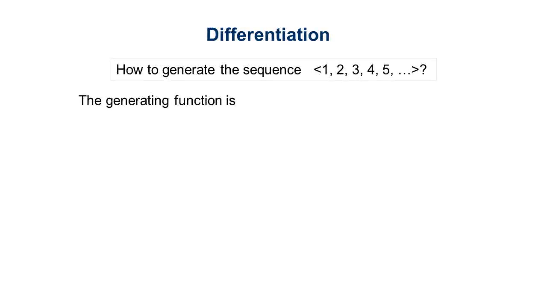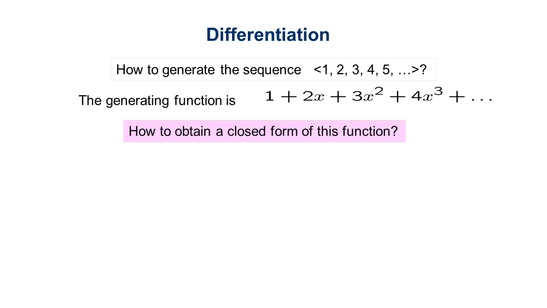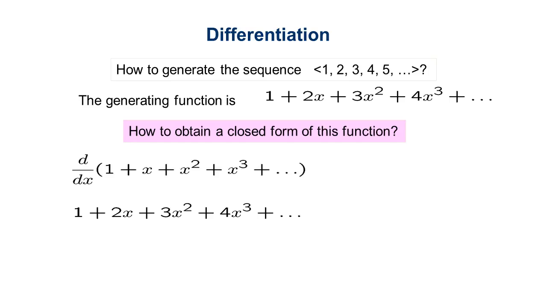Now we can derive various other generating functions from this. If there is 1, 1, 1, 1, that is 1 by 1 minus x. And if it is 1, minus 1, 1, minus 1, that is alternating 1 and minus 1, this becomes 1 minus 1x plus 1x square in this way, and it becomes 1 divided by 1 plus x. Since x is replaced by minus x, minus minus becomes plus, it becomes 1 plus x.